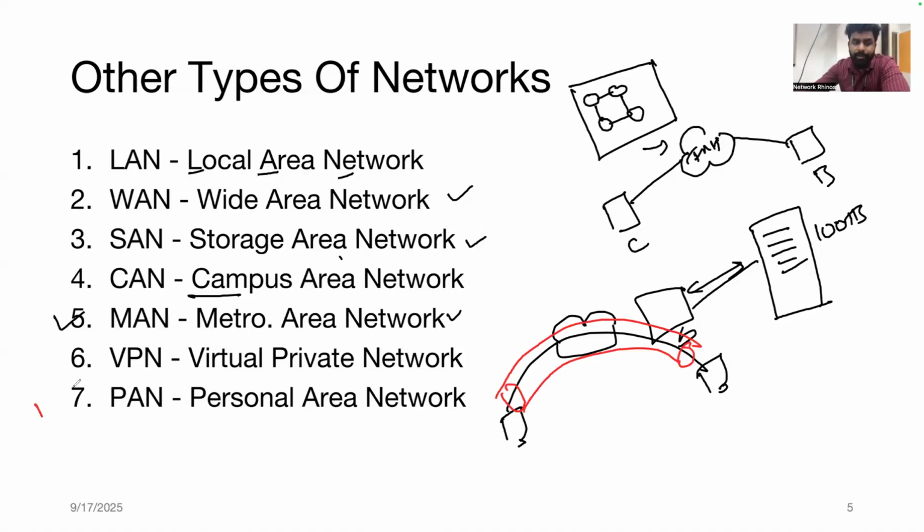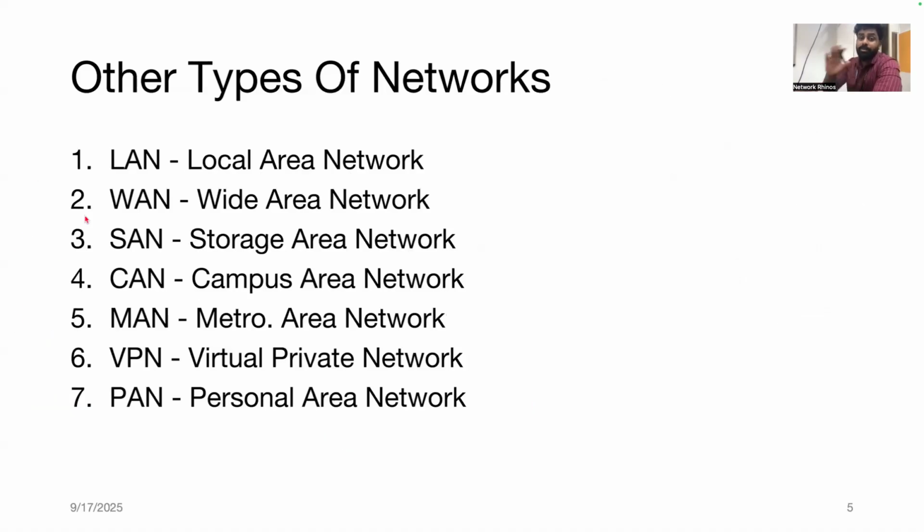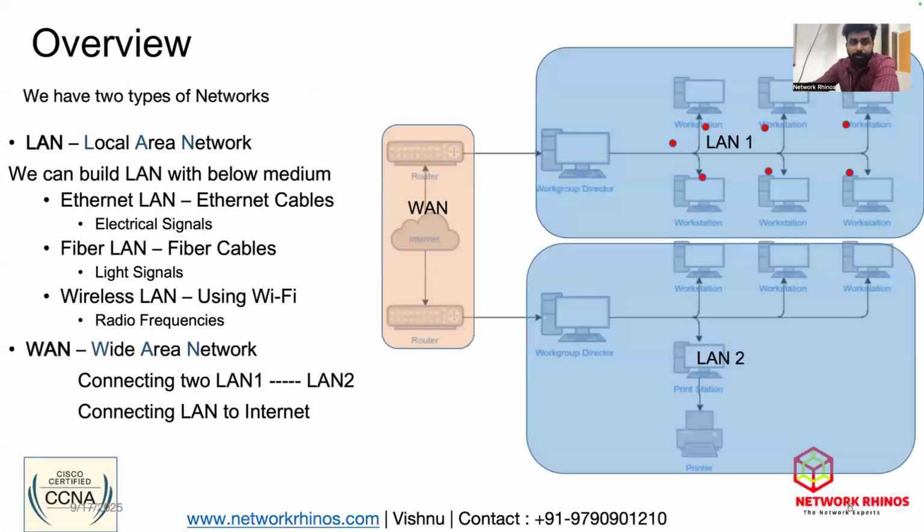Next, PAN. PAN means, in one word I can explain this, Bluetooth, nothing else. So Bluetooth can be termed as personal area network, PAN. PAN expands to personal area network. So once again, in this slide, as of now, just understand the full form. No need to even remember what is inside what, because during the course of CCNA, you will learn all the topics one by one. So by the time you will have more understanding on each concept here.